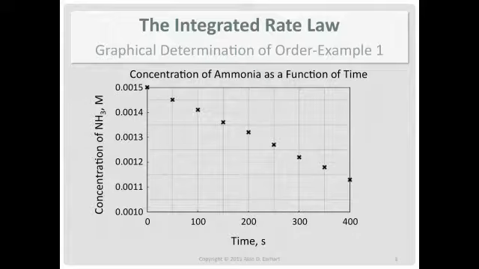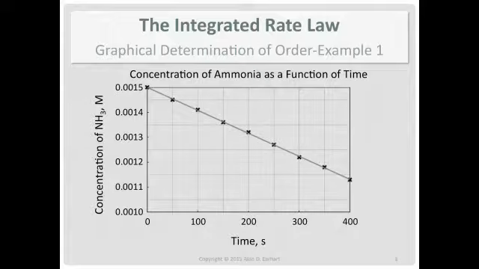We need to do a best fit line to see if it really is linear. You can draw it by hand using a ruler, or in our Chem 1 classes in lab, we did a number of graphs and we talked about how to determine a line of best fit. We used a linear least squares procedure. And so that's what I've done here. Does that line look like it represents the data? Well, I think it does.